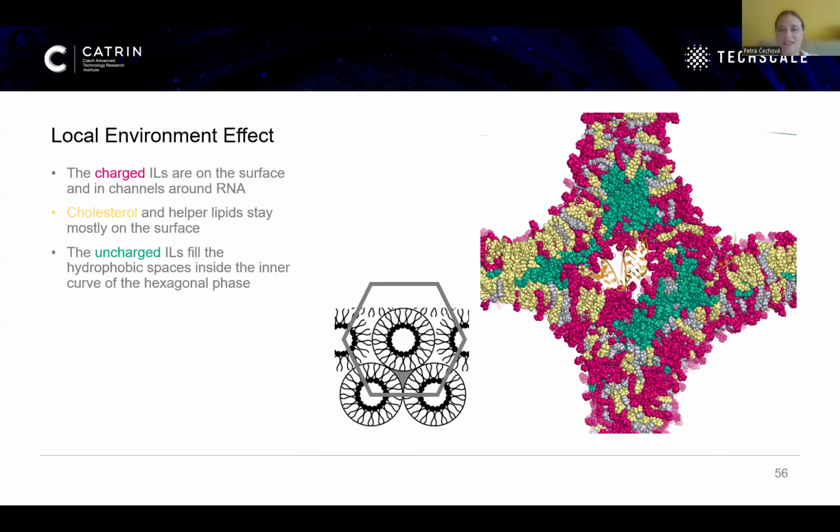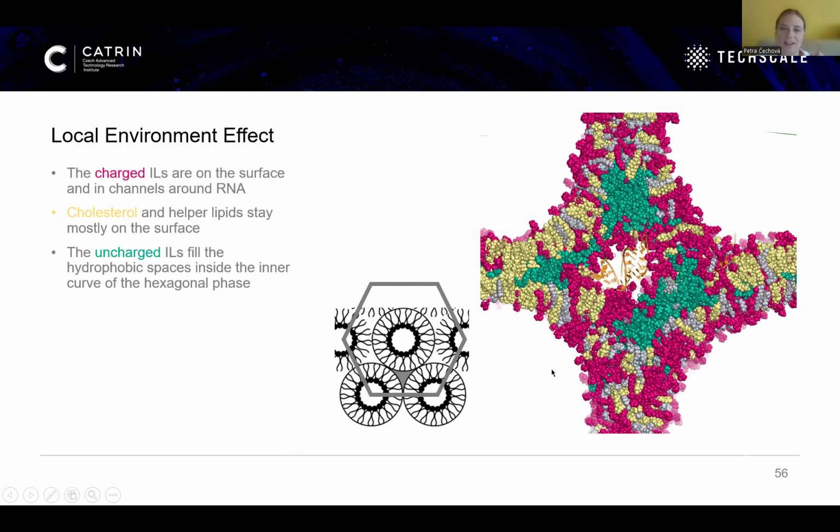And I love this snapshot because it shows basically everything I've talked about in this talk. So we have ionizable lipids in the charged form, in the red form, that are on the outside. They are curved, they are disordered. They create these stalks. And they have one curved surface on the outside. They have one curved inside surface on the inside of this